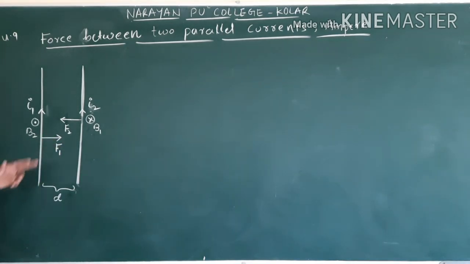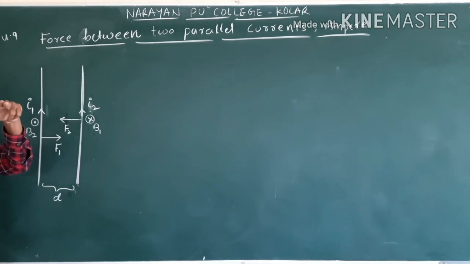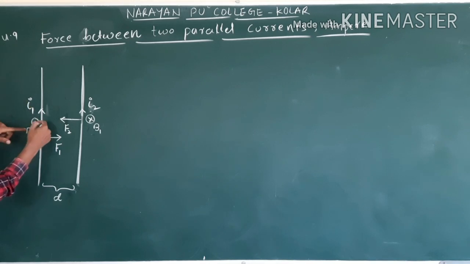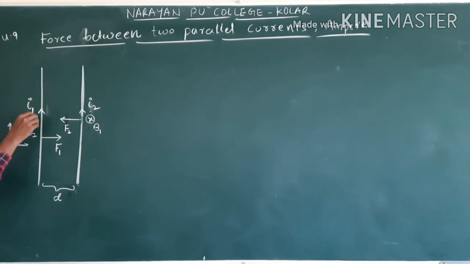Then you may have a doubt: sir, how do you decide these directions? Already I said we follow the cross product. See, for this I am giving the magnetic field here. Let us say you take three-dimensional axes. Now this is coming out, coming out means z axis. Actually in the plane we cannot draw. So this is the z axis, so the field is acting along the k cap direction. Current is moving along j cap. And this is x, this is y, this is z. Clear? I am finding this force direction.